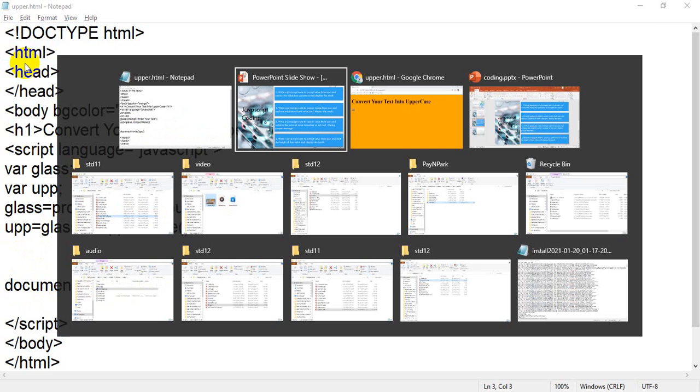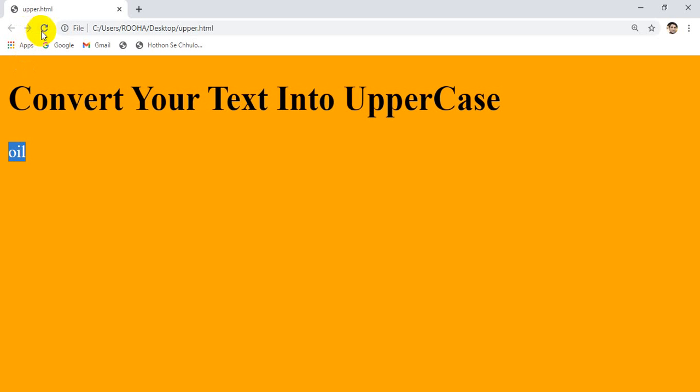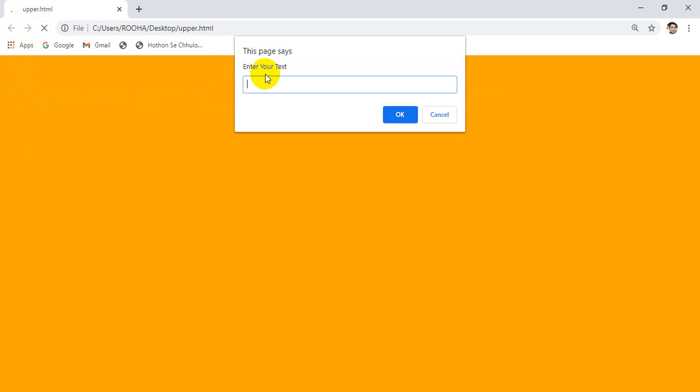Okay, let me save the file. Flip back to your browser, refresh it. Again it will ask you to enter your value. For example, I have entered Akam Ansari. This value will be stored inside variable glass, and after that glass dot toUpperCase will convert it and store it inside up, and after conversion this string or text will be in uppercase.